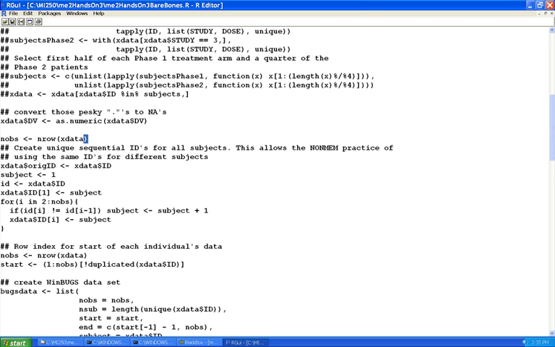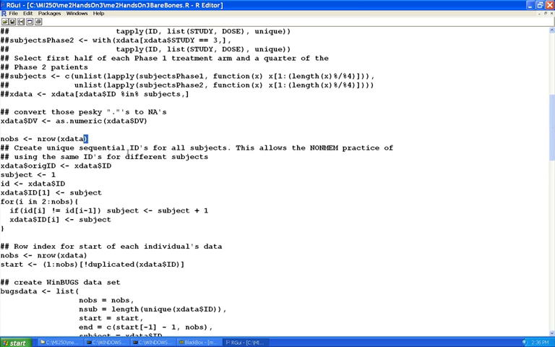Now we needed that subject column in there, which is a set of sequential integers beginning at 1. The trick that I've shown you in some of the passcode for doing that is appropriate if all the individuals' identifiers are unique. You can just use the trick I showed you before, which is just to use as numeric as factor, and that will generate the appropriate